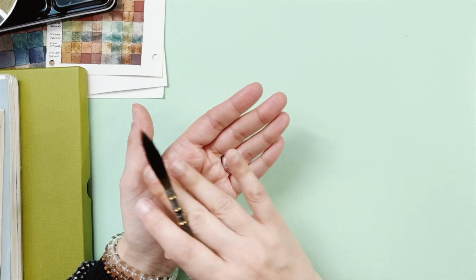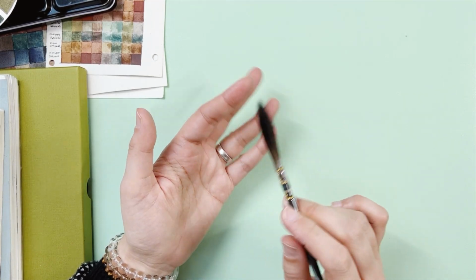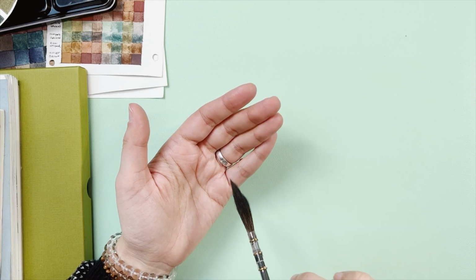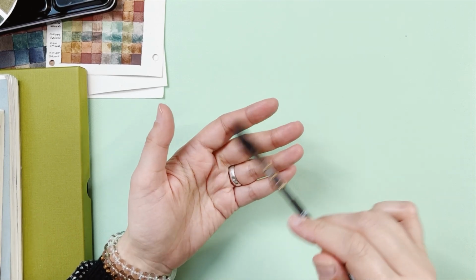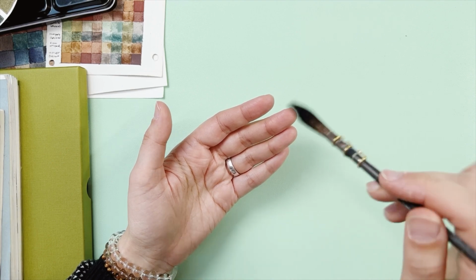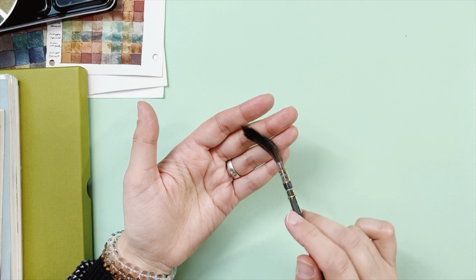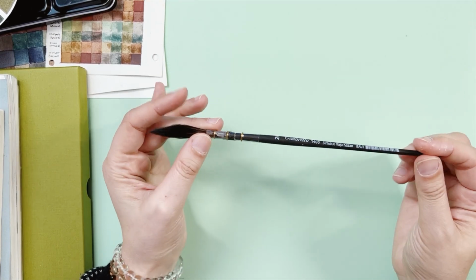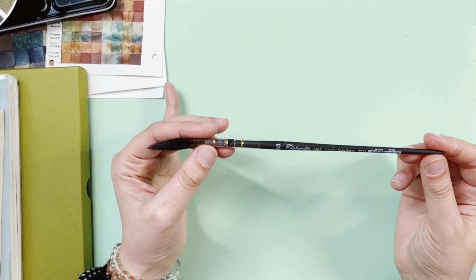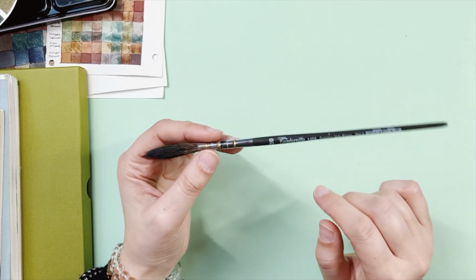I wanted to get a gradated effect with the paint, so I would paint it like the negative painting I was doing, and then I would just dip my brush in the water, dry it a little bit, and use it to soften those lines, and it worked beautifully. It's a really nice brush, and you can find it also on Jackson's Art Supplies,